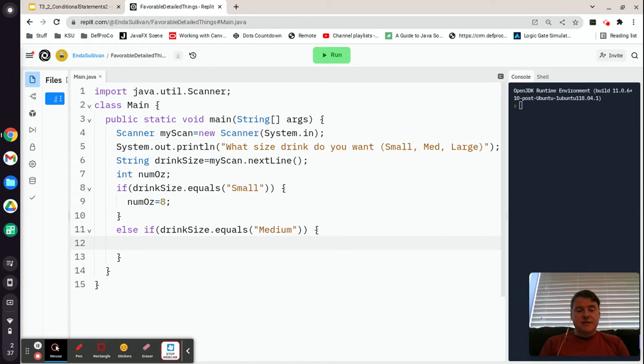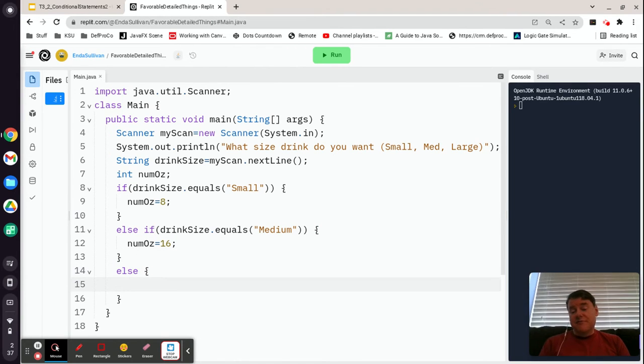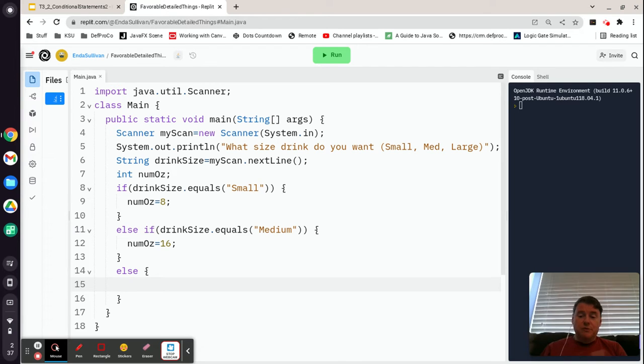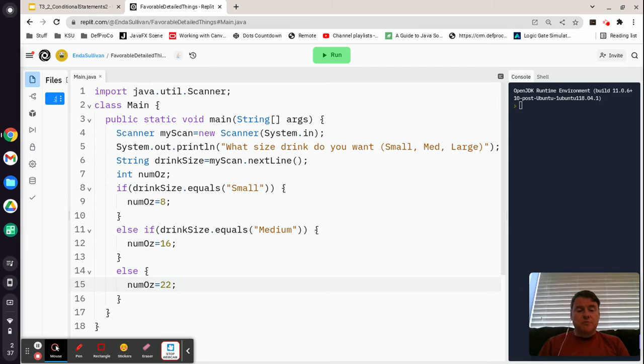And in that case, the number of ounces is going to be 16. And finally, in all other cases, I'm going to assume that they have a large, because we've already covered small and we've covered medium. So in this case, num ounces is going to be 22. And then at the end, I'm just going to print out